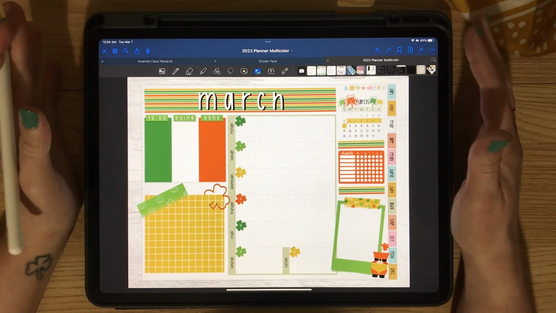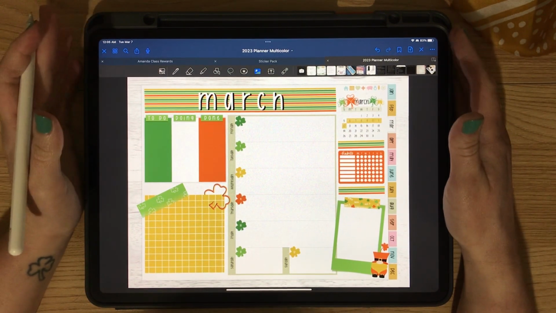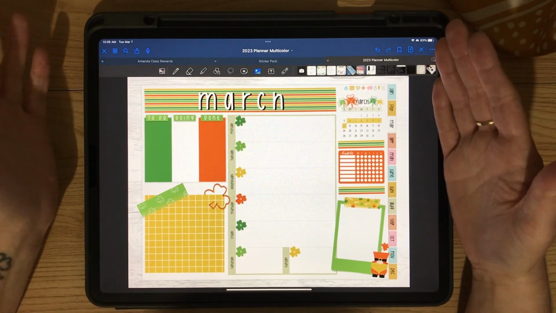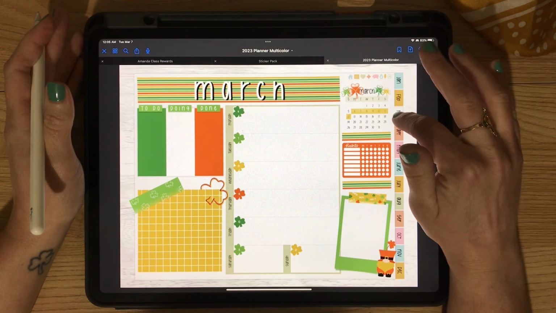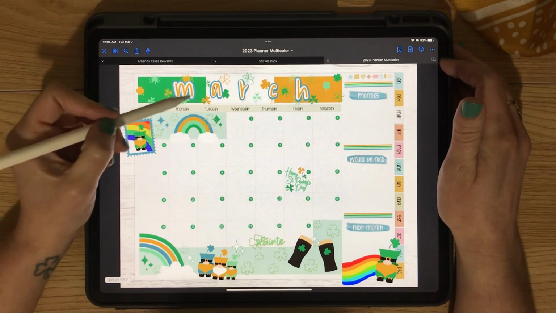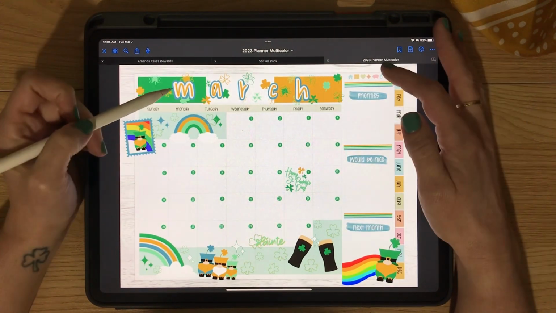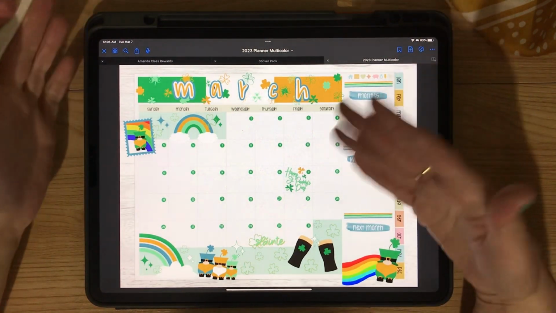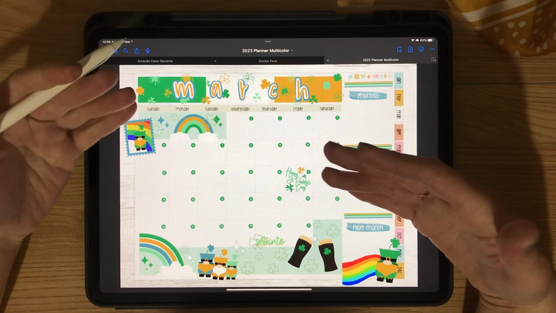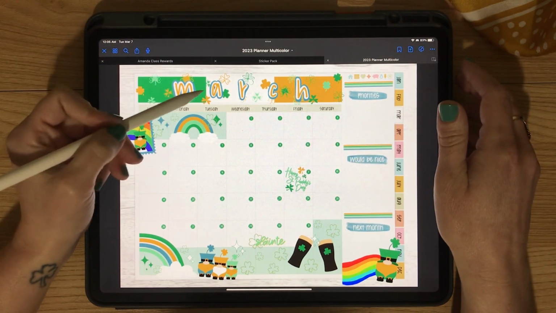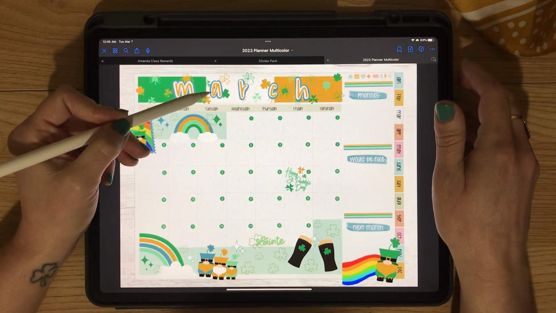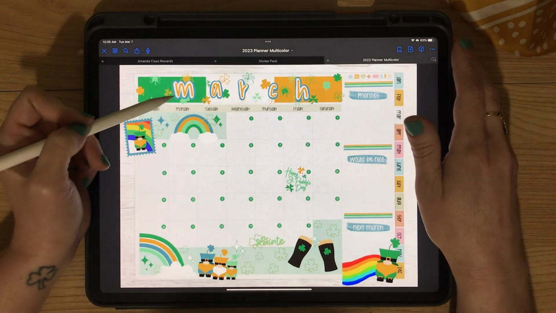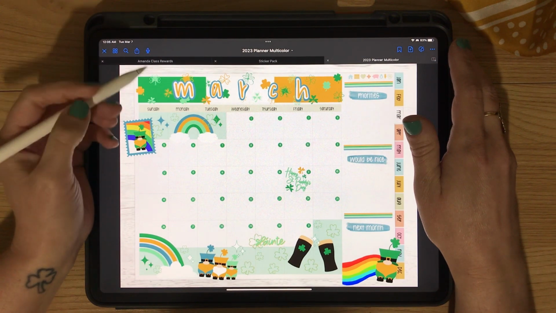I like this so much more than my monthly layout. I just wasn't crazy about it, and I'm not sure if it was the layout or if it was the color palette. But one thing I do want to show you guys is for the monthly layout, I did change this to that blue. I had originally planned to try to keep the blue out, but then as I went through and I did everything, I started incorporating more blue. And I just realized that the part that's blue now, having that be black, just looked very out of place. So I changed it to blue so that it matched more of what was in the planner,